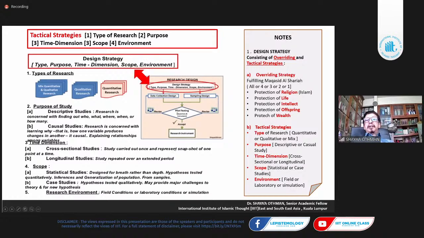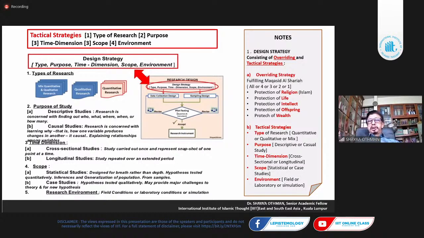Okay. And then the purpose, when research should be time dimension, it should be statistical, it should be environment, means it should be laboratory. If you're doing biological research, clinical research, it should be laboratory environment. It should be in terms of other condition, social environment, or whether it is on business simulation or mathematical simulation and so on. These are the research environment you should choose.